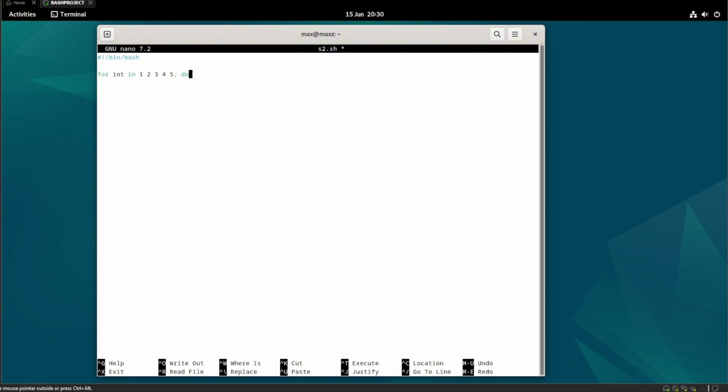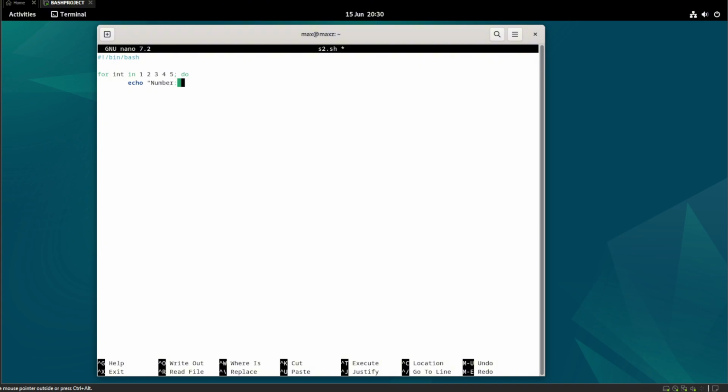I have on GitHub a little cheat sheet that basically says how to pair these together. So when you use if statements, you say if, and then you put then, and then you put fi at the end. But for loops, you put do and then done when you're finished. So for int in 1, 2, 3, 4, 5, you must obviously indent again,